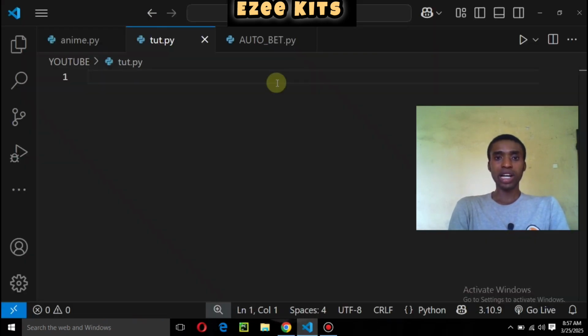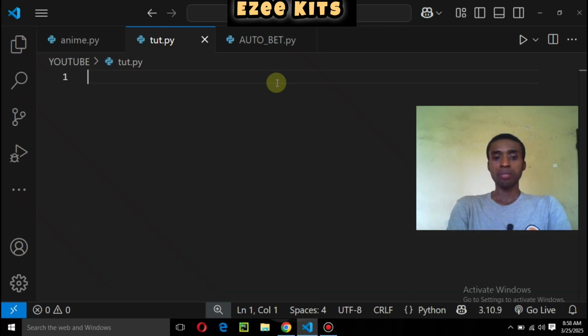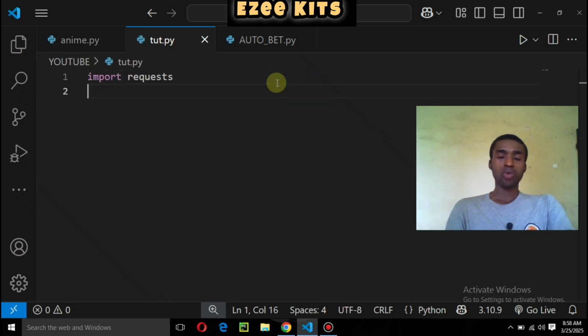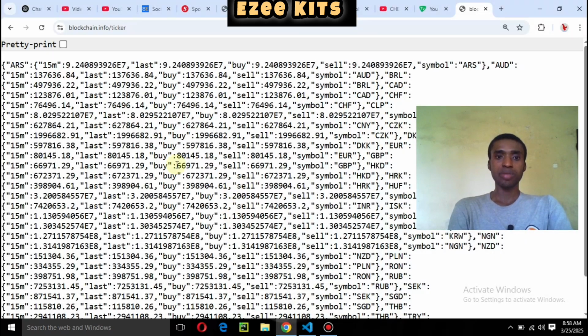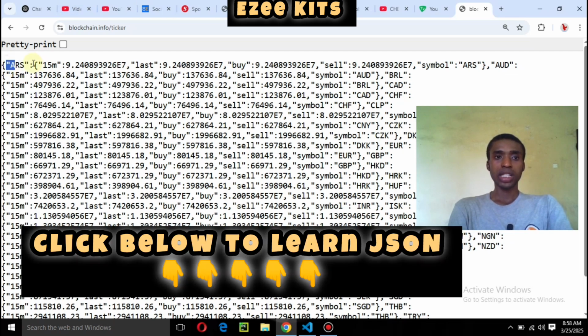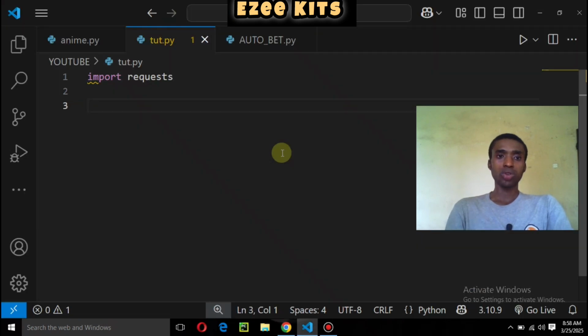So to grab this in Python, we're going to make use of requests, since this is an API. To do that, you need to import requests. I'm going to make use of this requests library to fetch the data. I know that when you look at this website now, the information is being rendered in JSON, with keys used to get the values. So the next thing we are going to do, since we know that this is rendered in JSON,